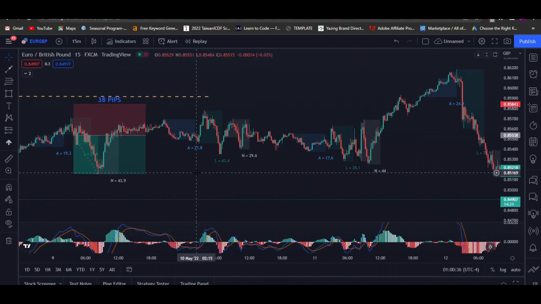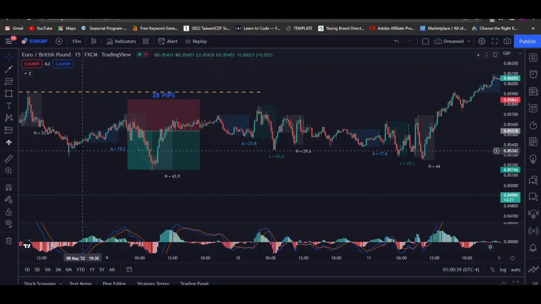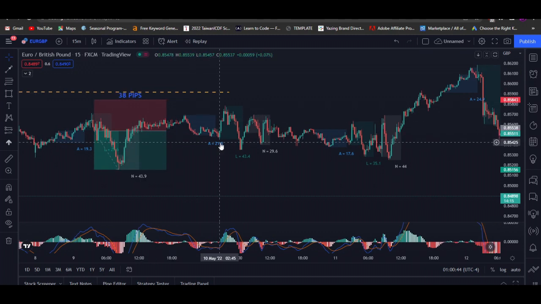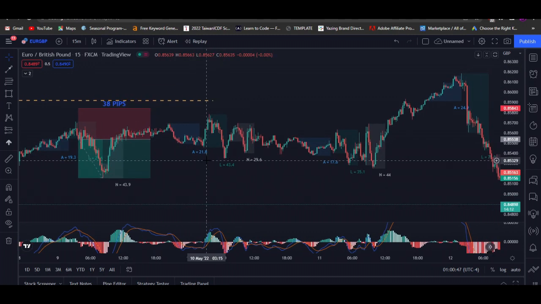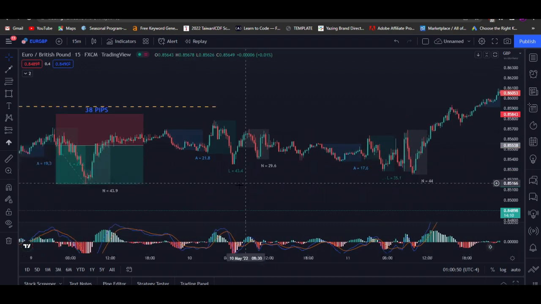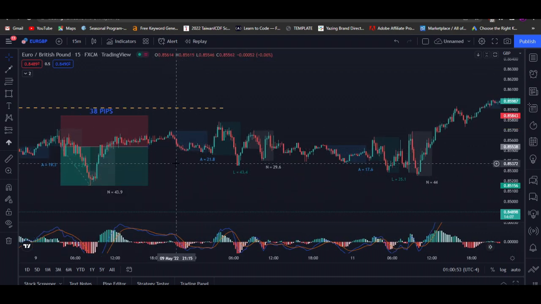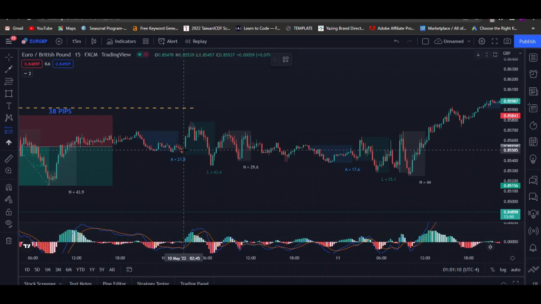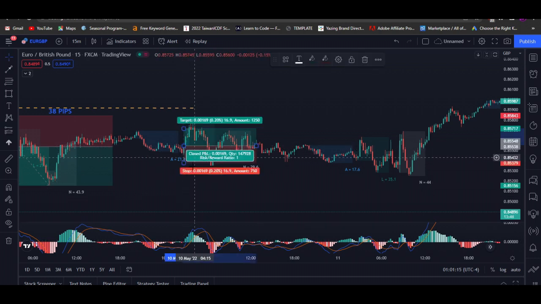Now moving on to the next day. If you look closely, you can see that price actually went up on May 9th. So May 10th, we come into the market looking for a buy. And if you look very closely, you can see price did give us a normal buy setup, as price dropped below the Asian box right here and it went up. So we have a long position right here and have an entry right here at the first green bar. The entry was right there